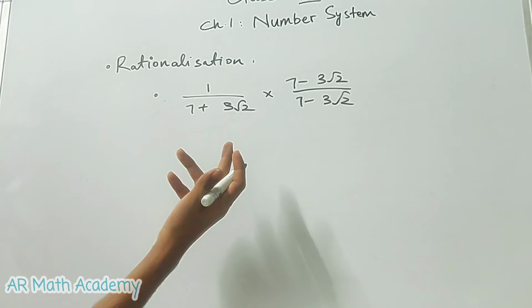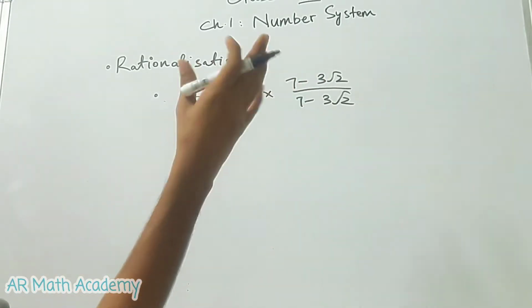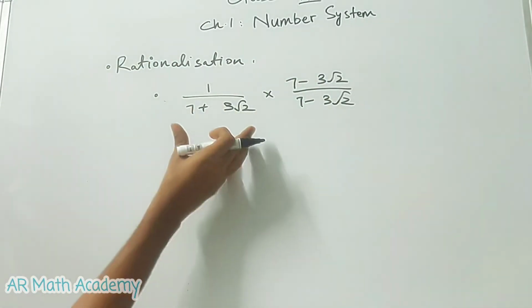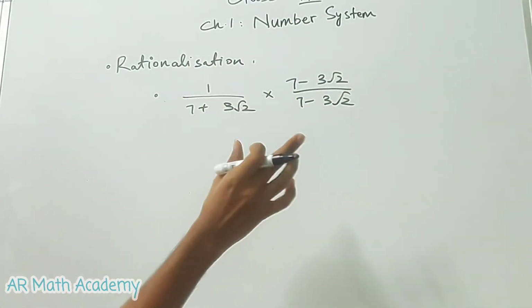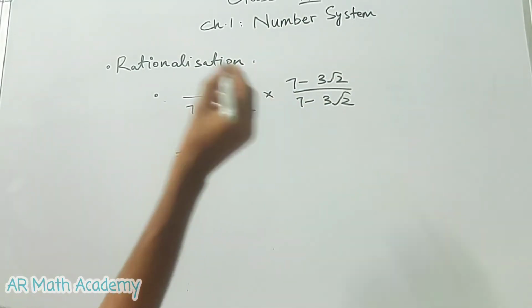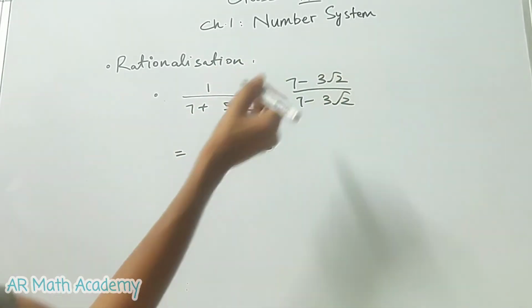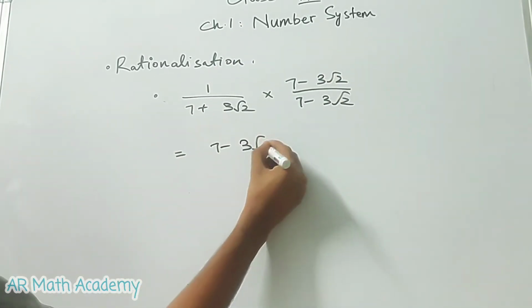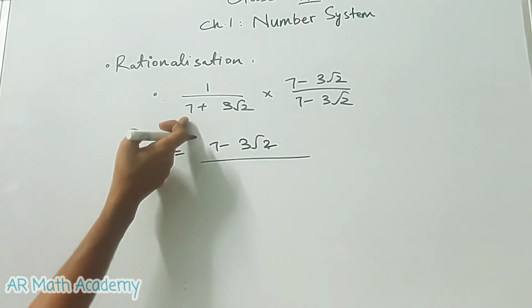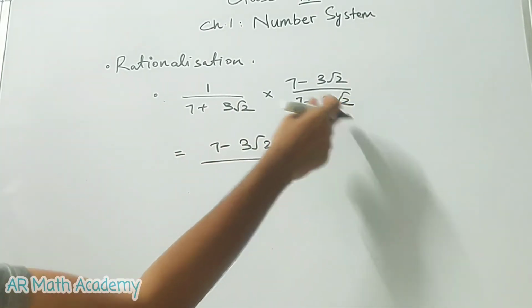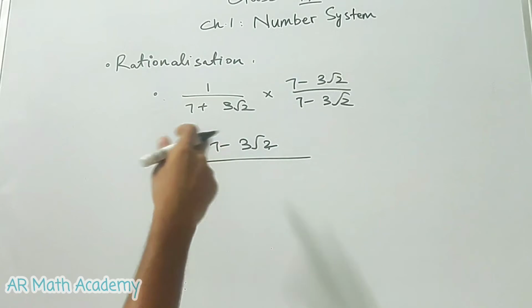Now what can we do for that? We multiply and divide it with the conjugate. Well, remember it as a step. So in order to rationalize a denominator, you multiply and divide it with the conjugate, and then what we obtain is a rationalized form. So 7 minus 3 root 2. 1 into 7 minus 3 root 2 is 7 minus 3 root 2. And in the denominator we have the same form, a plus b into a minus b. Now this gives us a square minus b square.